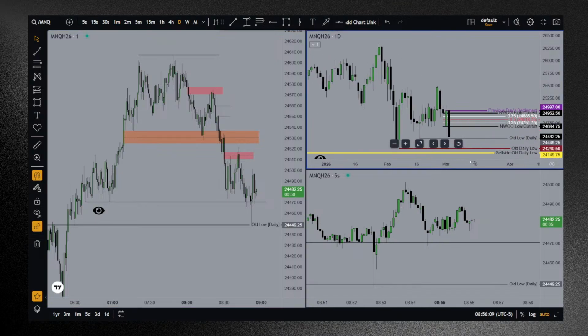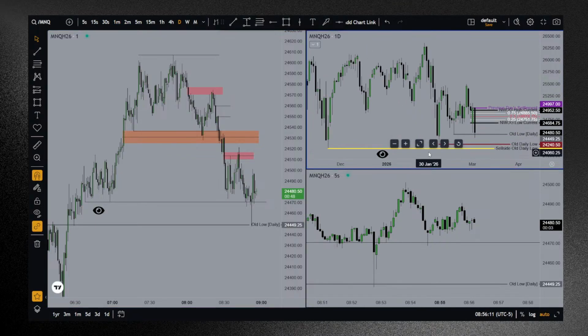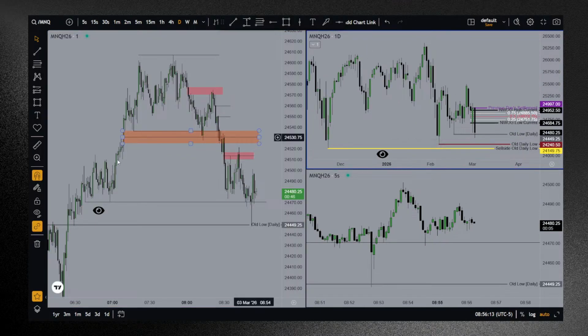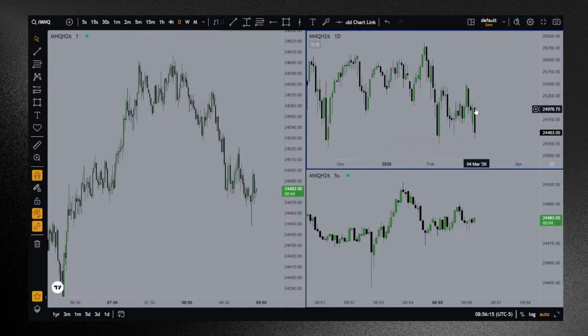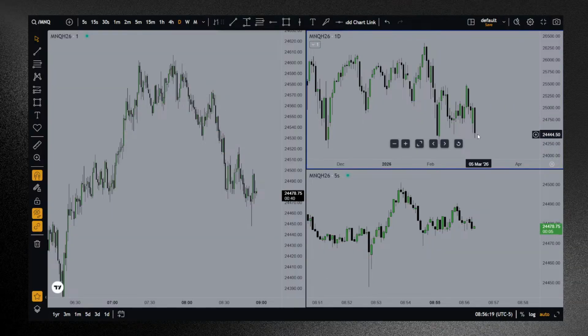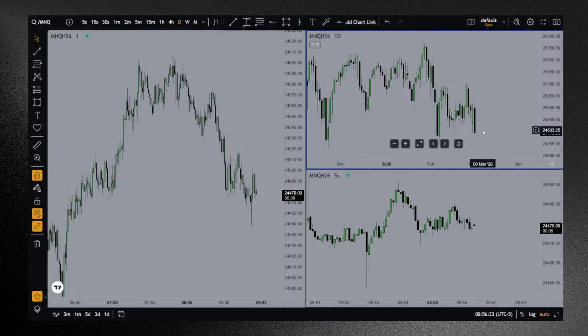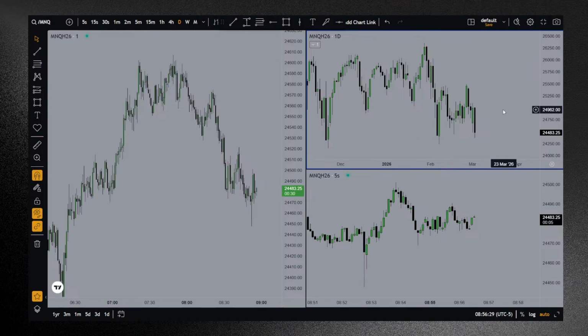When we look at the daily candle here, we can see that it's a large down candle already, and it already took those equal lows here, so it's reasonable for the price to get a little bit wonky at this time,